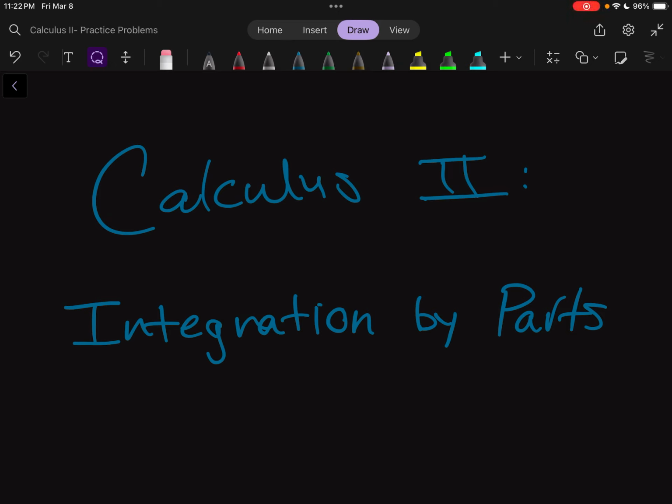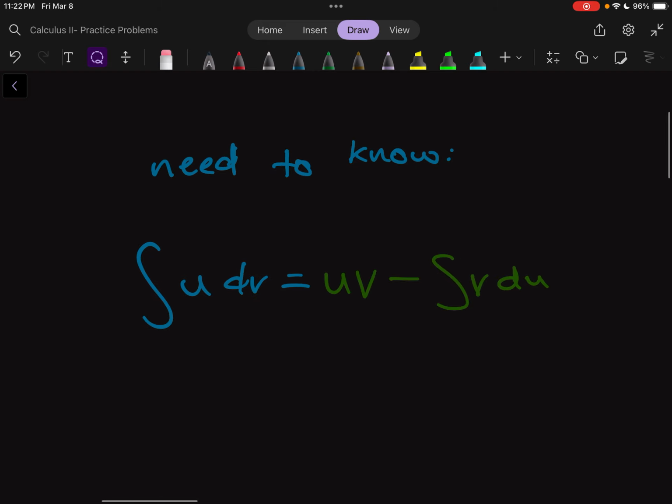Today we're going to be doing some more Calculus 2 practice problems, focusing on integration by parts. So integration by parts is just a product rule for integrals. We already have a product rule for derivatives. Obviously we learned that at the beginning of Calculus 1, but now we have a product rule for integrals, where